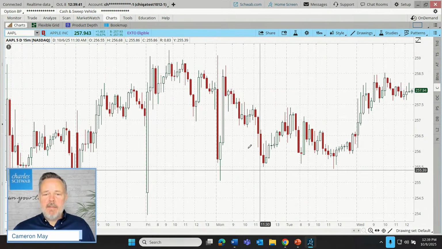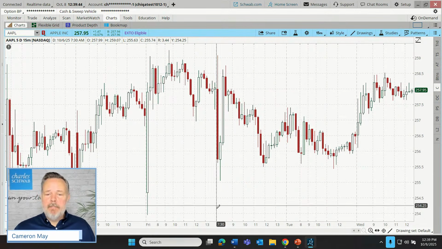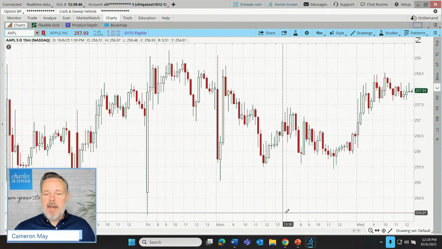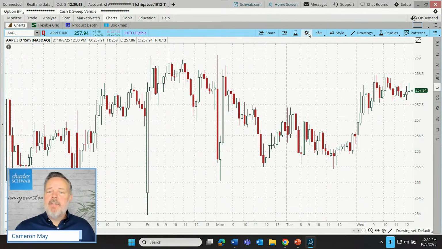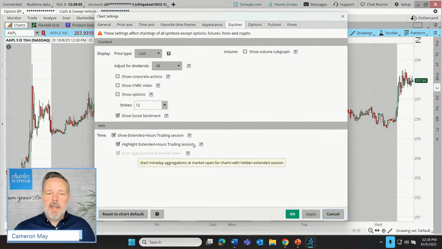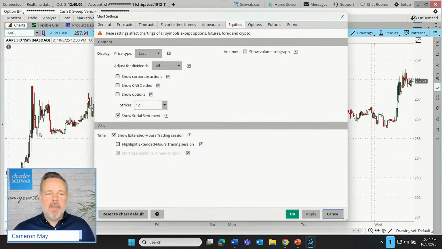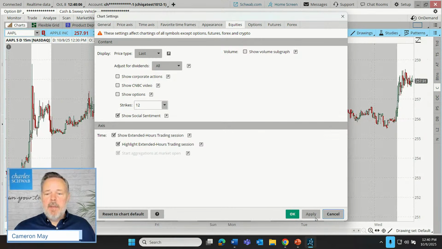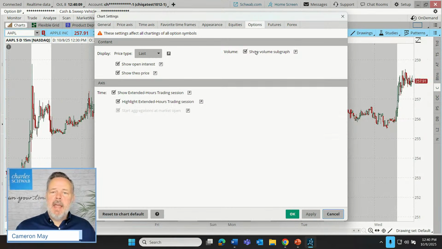From one line to the next, we're just seeing those 7.5 hours of trading. Now, if I've activated that, I can highlight the extended hours trading, or I can just blend them in by unhighlighting, just have a nice clean chart. But this would still be a chart showing 24 hours of trading. I'm just going to leave that on its defaults, click apply, and we're going to quickly acquaint ourselves with the options tab. One more tab.